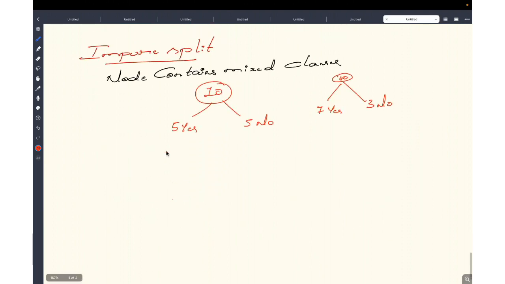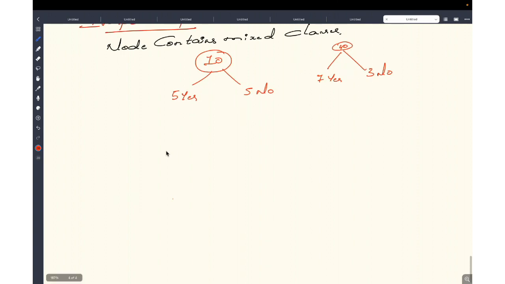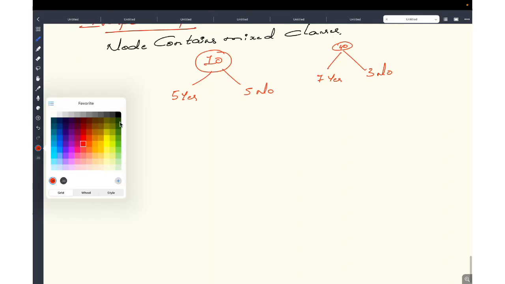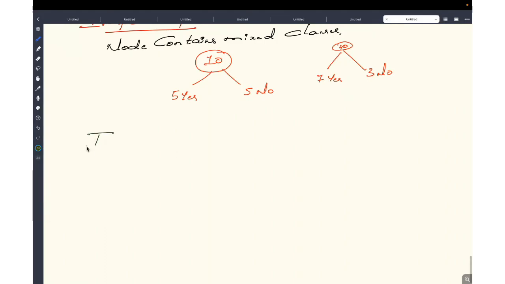So now, entropy alone is not enough in order to decide which is the root node, because there are so many columns. On every column, we apply the entropy. But how do you decide which column is important? How do you know how much information is given by each column? That's where we have a concept called information gain. Entropy in combination with information gain, we decide the root node. Okay, what is information gain now?